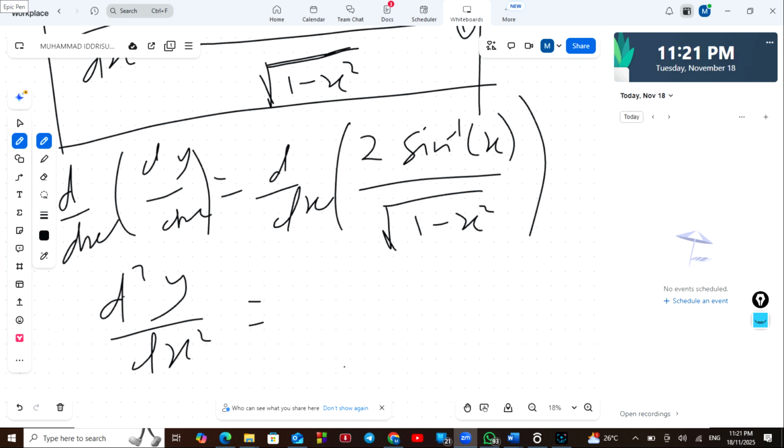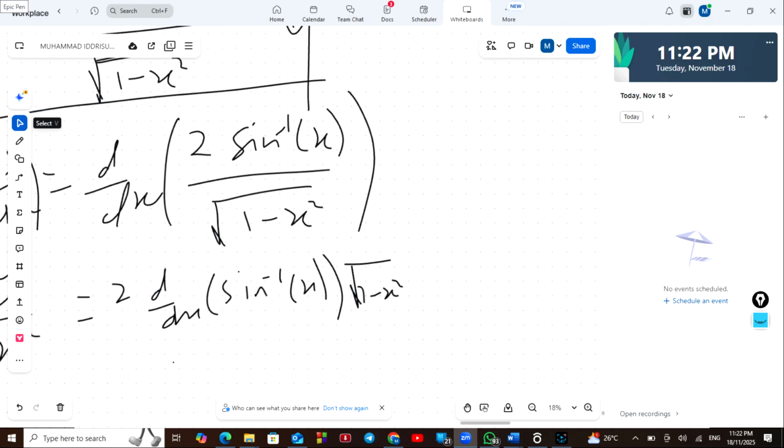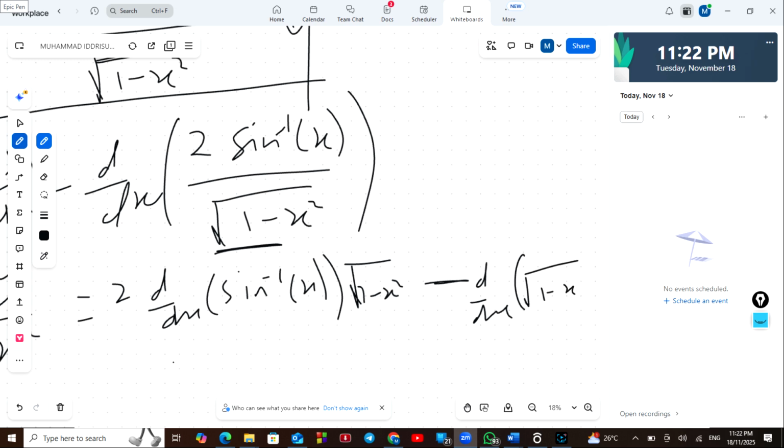First of all, differentiate the numerator, so 2 d/dx of the numerator, which is sine inverse of x, multiplying our denominator, the square root of 1 minus x squared. Minus, since this is the quotient rule, we subtract the derivative of the denominator, so d/dx of the square root of 1 minus x squared,